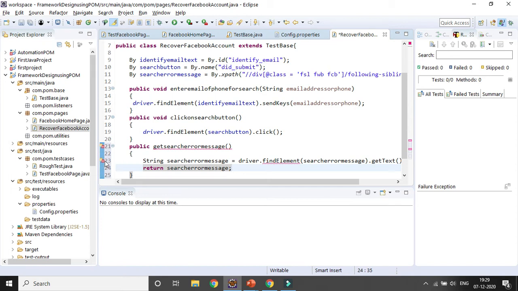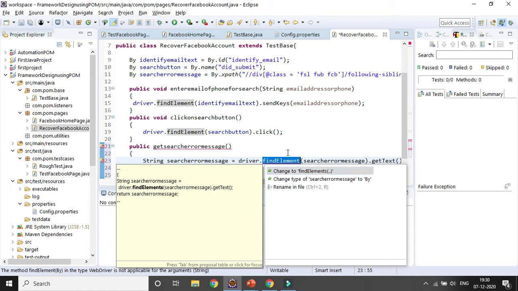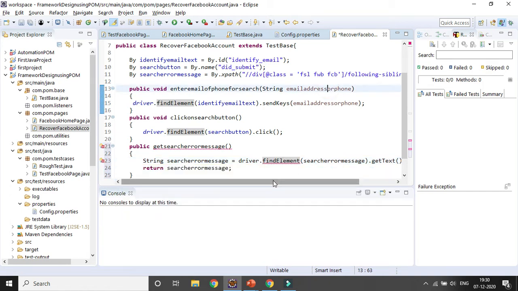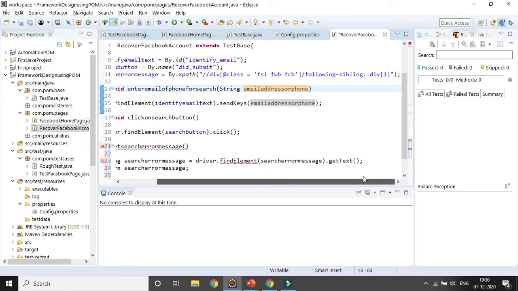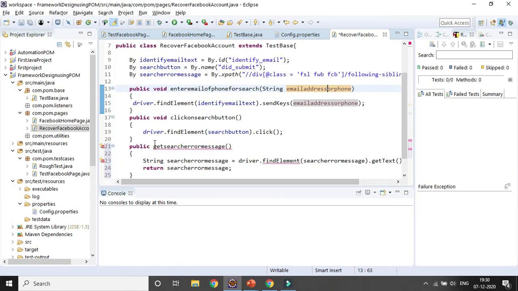Let's change it to find element. Why? By XPath, everything is correct. Let's give the type as string and see whether the error message is gone or not.